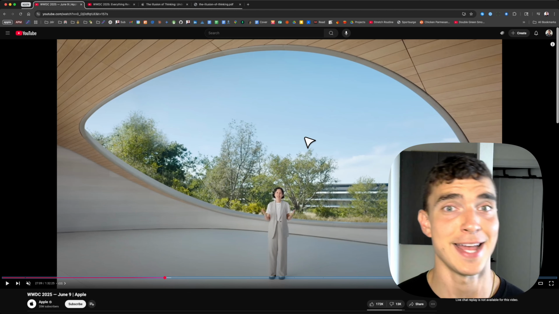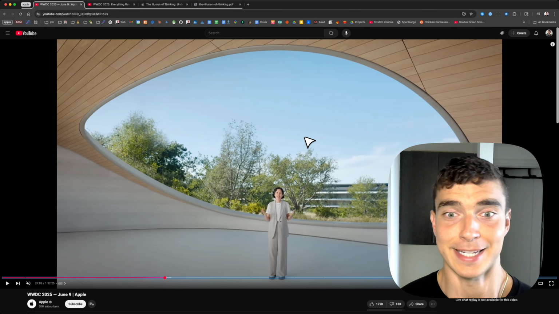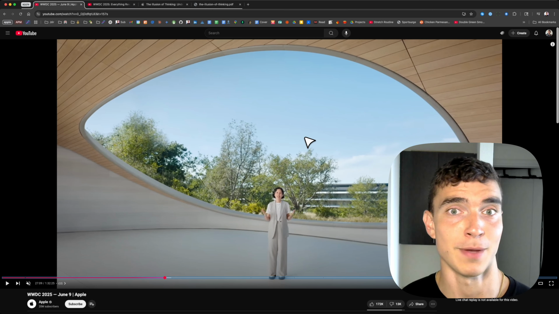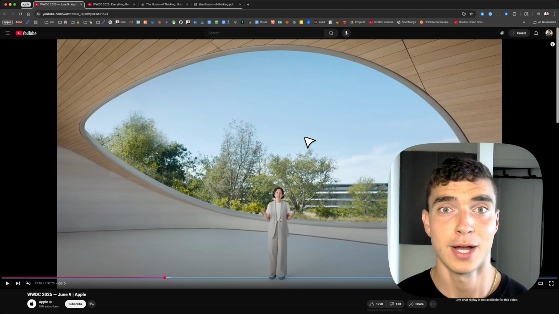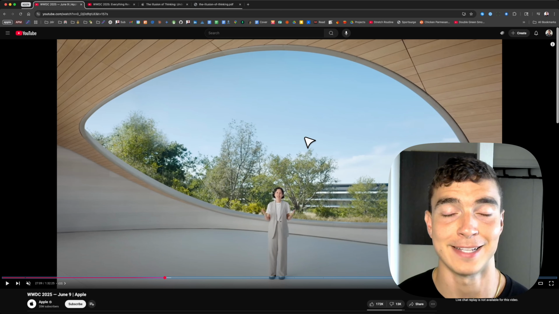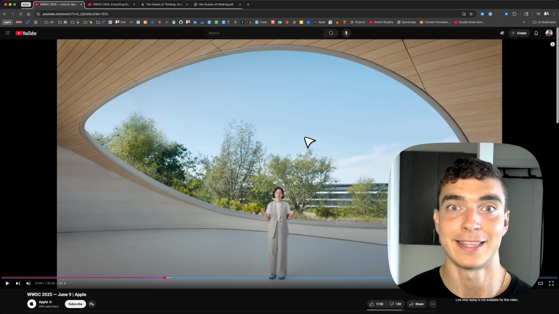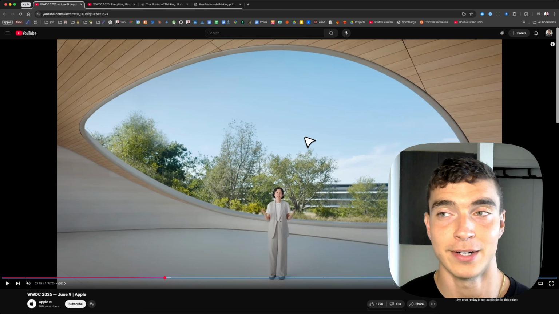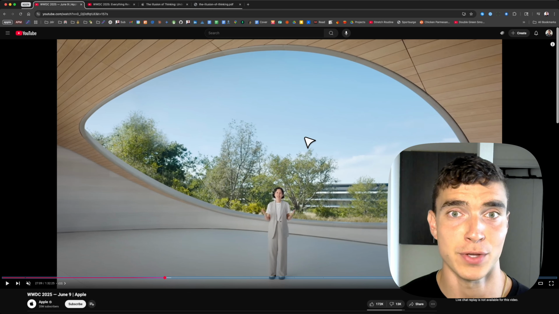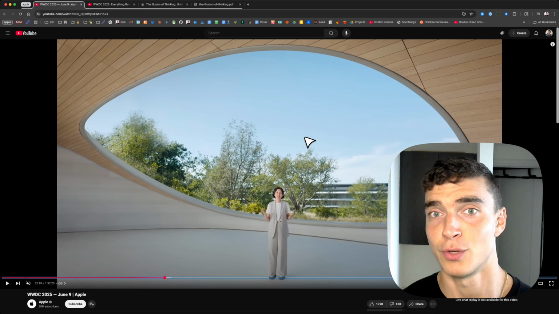But overall, for AI features, I give them like a D on this one. Not a ton. If you compare this to OpenAI's recent announcements, Google's I/O, Claude 4 recently dropped, all within the last month, Apple is clearly at the bottom of the AI releases, but we'll talk more about it later in their research paper. Let's overview some of the non-AI features because there was some cool stuff.